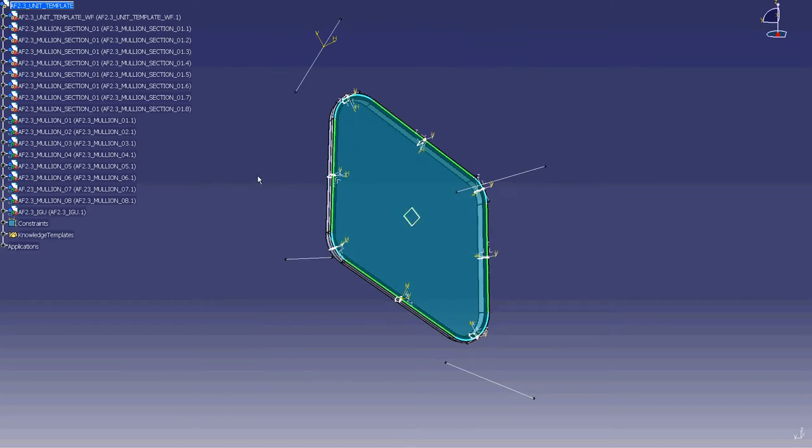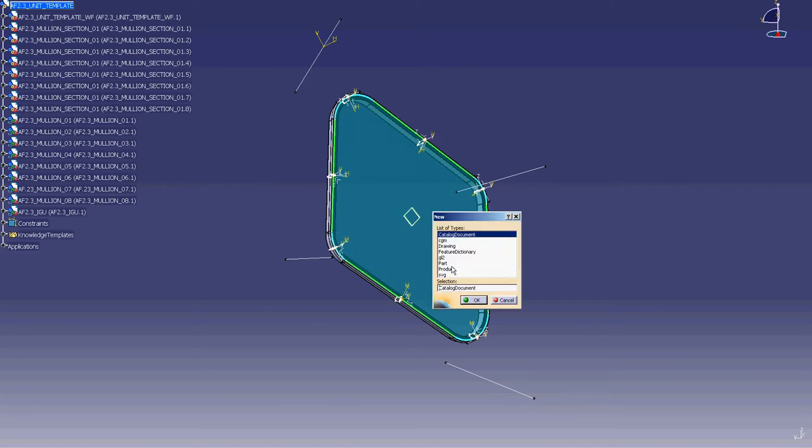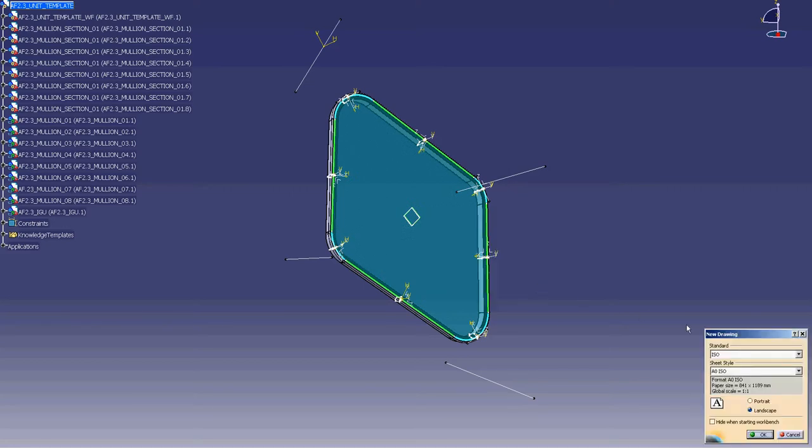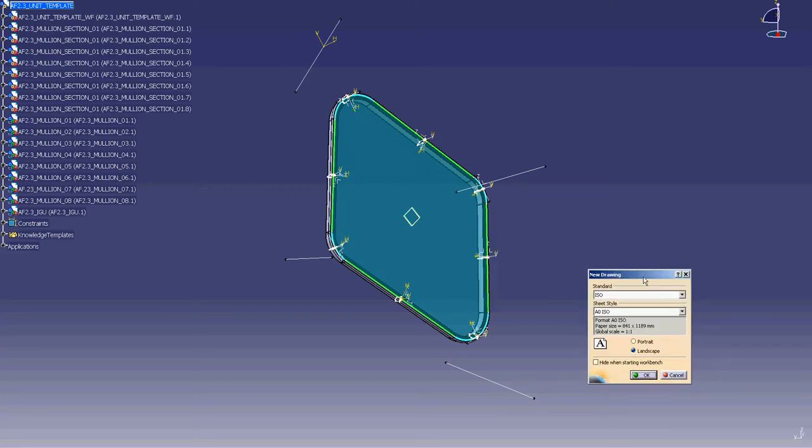So what I'm going to do is hit Control N, and I can make a new drawing. The other way to access the new document dialog box is to go File, New, Drawing. Okay. And this is going to bring up a secondary dialog box that is going to ask for the